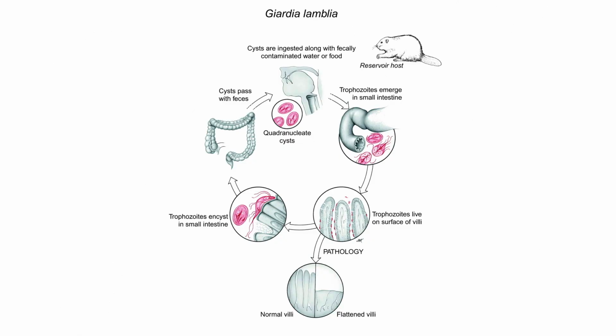So the life cycle is very straightforward. We consider this a direct life cycle, meaning one parasite spreads to another host, and it doesn't involve anything else except the environment to get it there. So we see that the cyst stage starts first, and I'll use the pointer to show you what I'm talking about. Here we go. And this cyst stage has 4 nuclei in it, and we swallow it. It goes to the small intestine, and it excysts. And from each quadrinucleate cyst, we can produce 2 trophozoites that are binucleate.